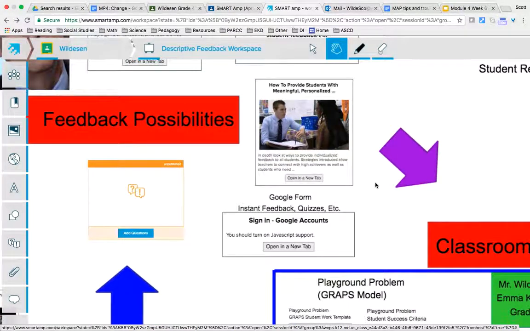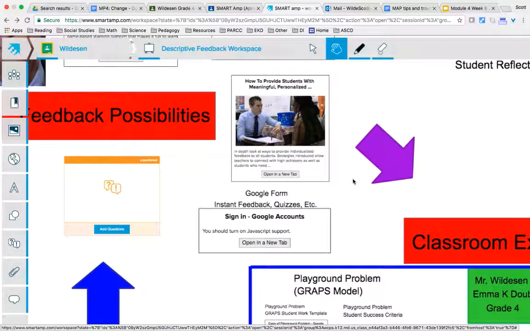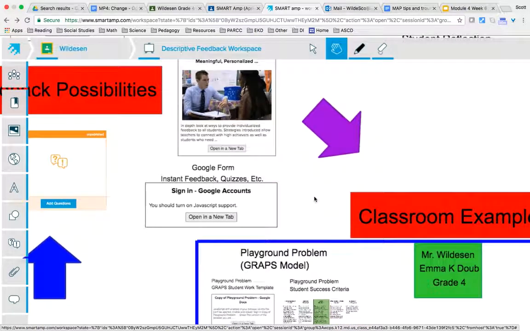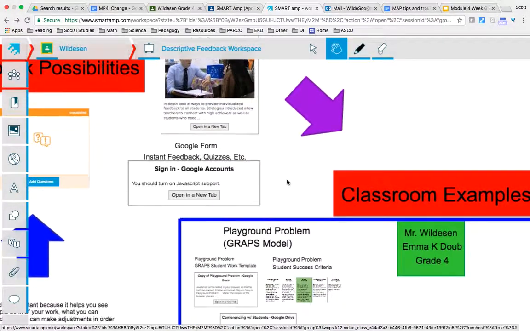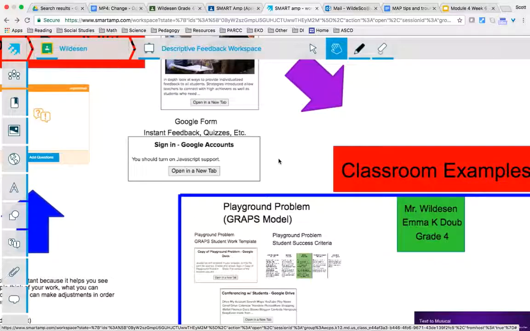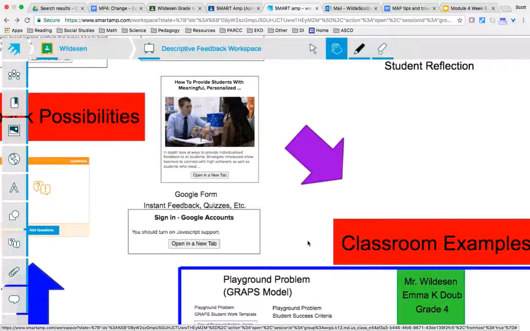Whenever we talk about personal learning, it's important to think about personal feedback. That way each student can grow individually and on their own personal level. And then of course Google Form has endless possibilities with instant feedback quizzes. I use Google Form a lot with math. They solve the problem, they look to see if they got the right answer. If they did, good. If not, then they need to go back and revisit their work and what they're doing. So that's how this is laid out.